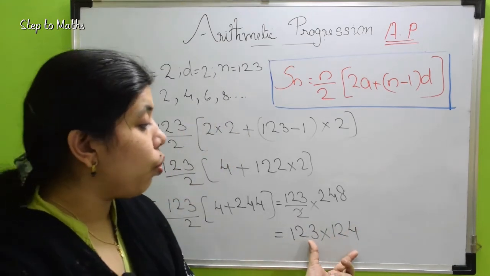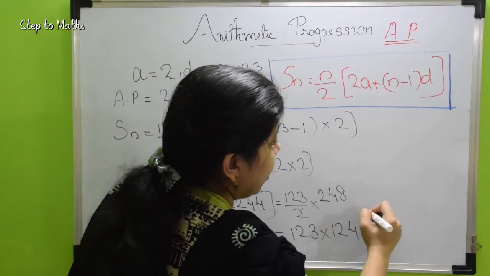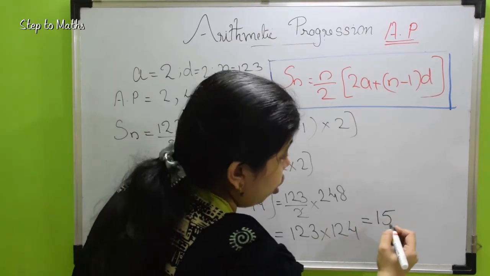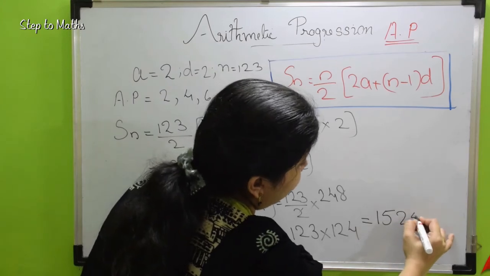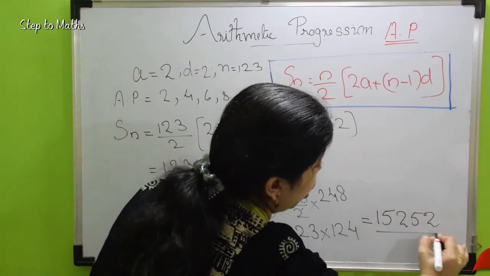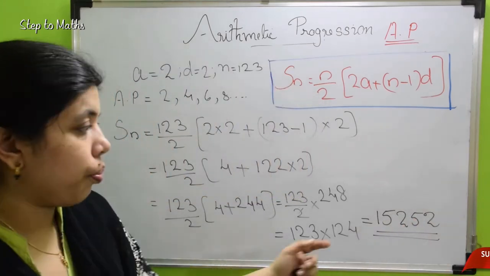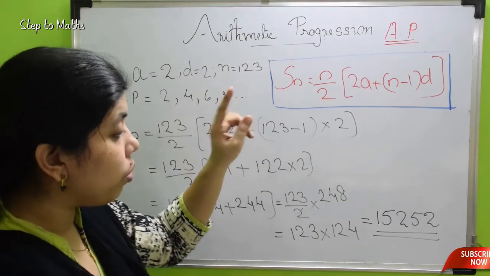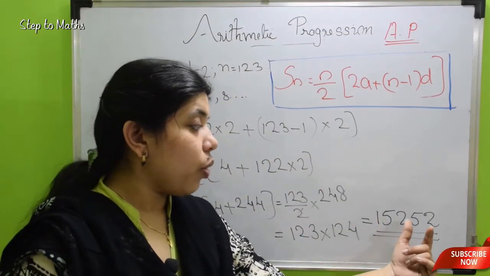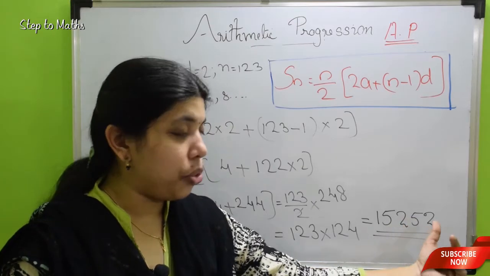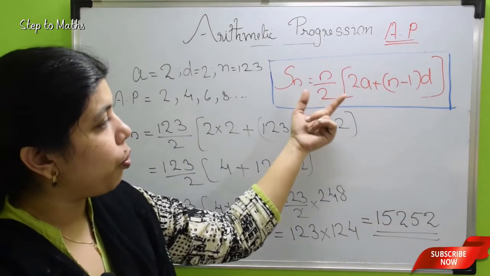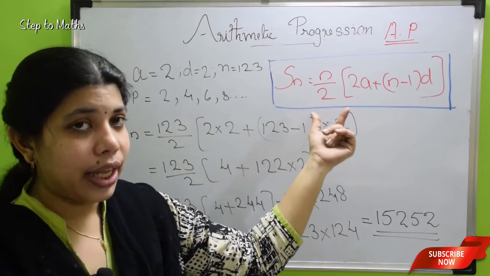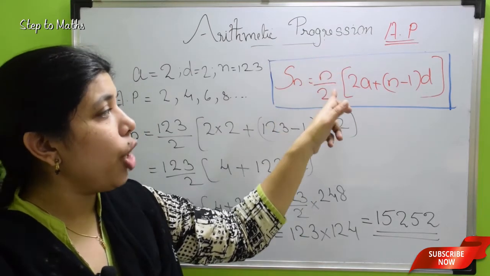Multiply 123 into 124, that is equal to 15,252. The sum of the first 123 even numbers is 15,252. Here we use the formula: the sum of the first n terms in an AP is equal to n upon 2